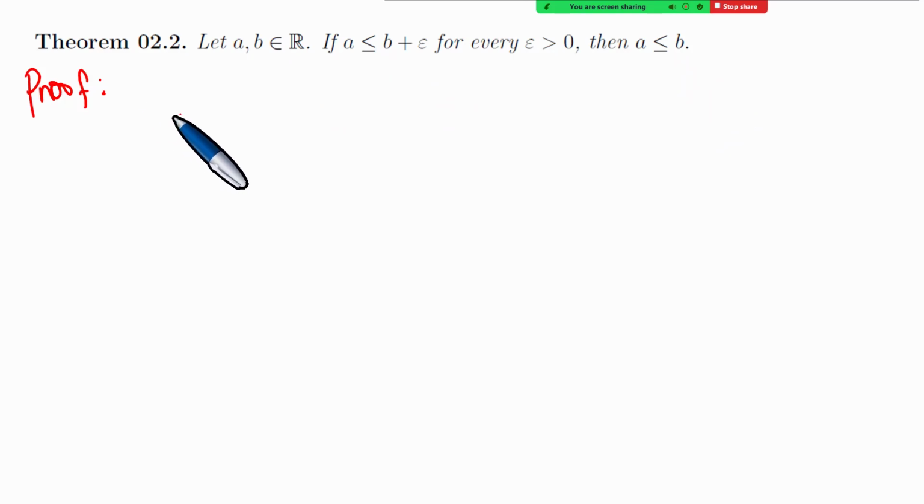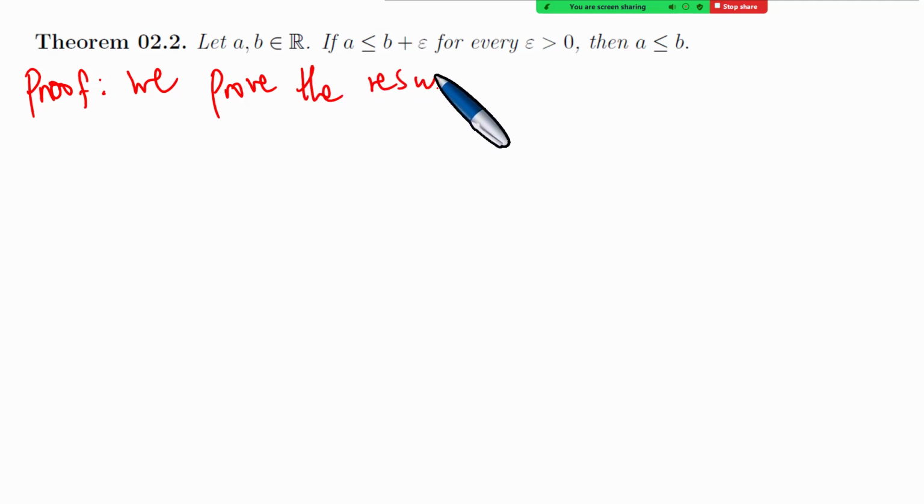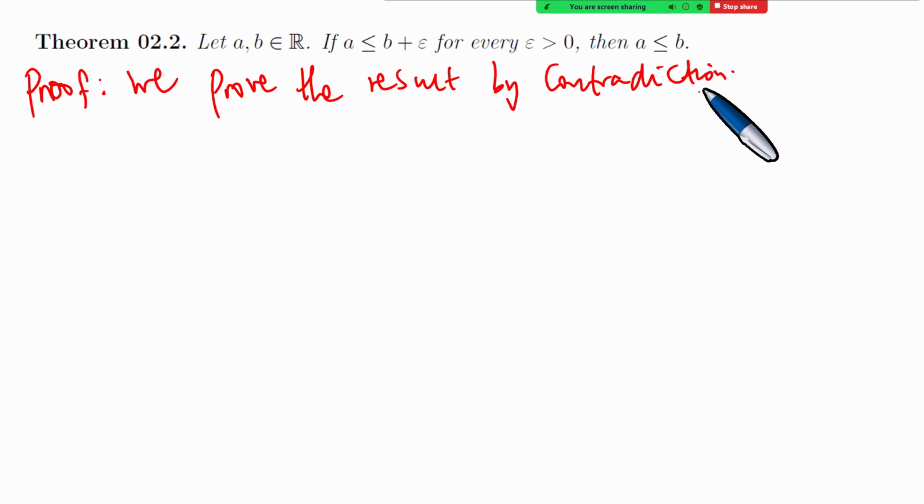We discussed the method of proof that we need to learn for exam purposes, called proof by contradiction. So we prove the result by contradiction. How do we prove this by contradiction? To prove this by contradiction, suppose by way of contradiction